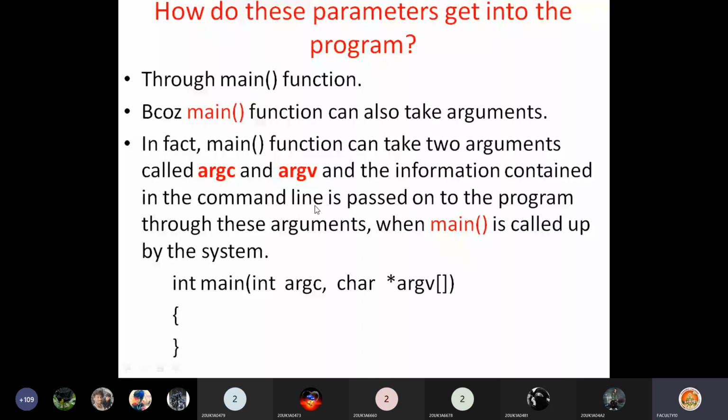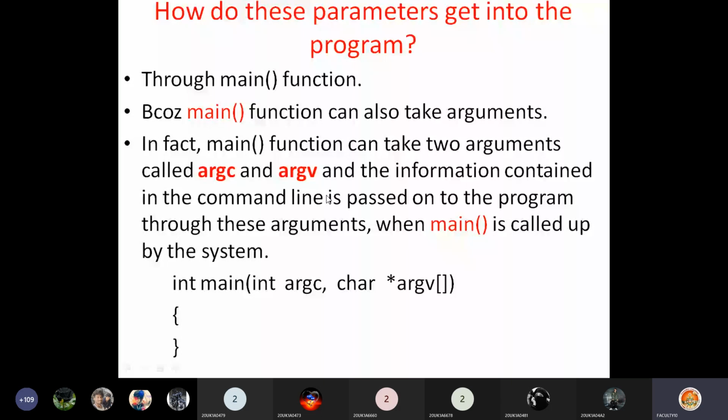Whatever command line parameters you enter are passed into main using these arguments.